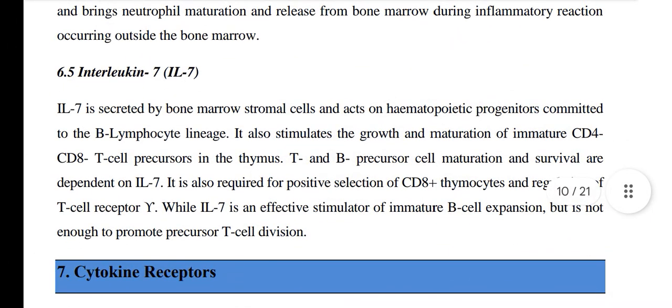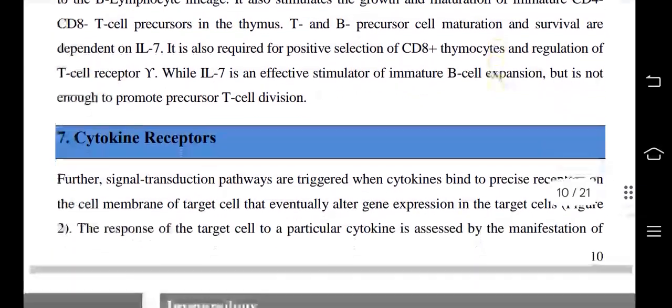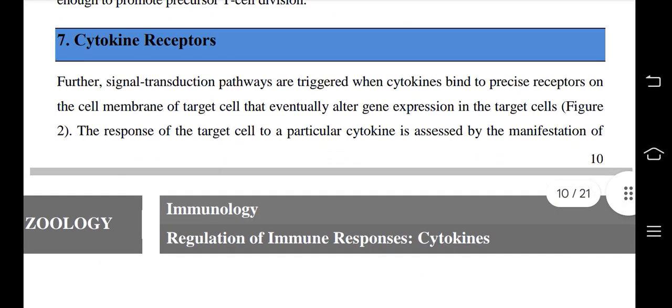It is also required for positive selection of CD8 plus thymocytes and regulation of T cell receptor gamma. While IL-7 is an effective stimulator of immature B cell expansion, it is not enough to promote precursor T cell division. Cytokine receptors. Further signal transduction pathways are triggered when cytokines bind to precise receptors on the cell membrane